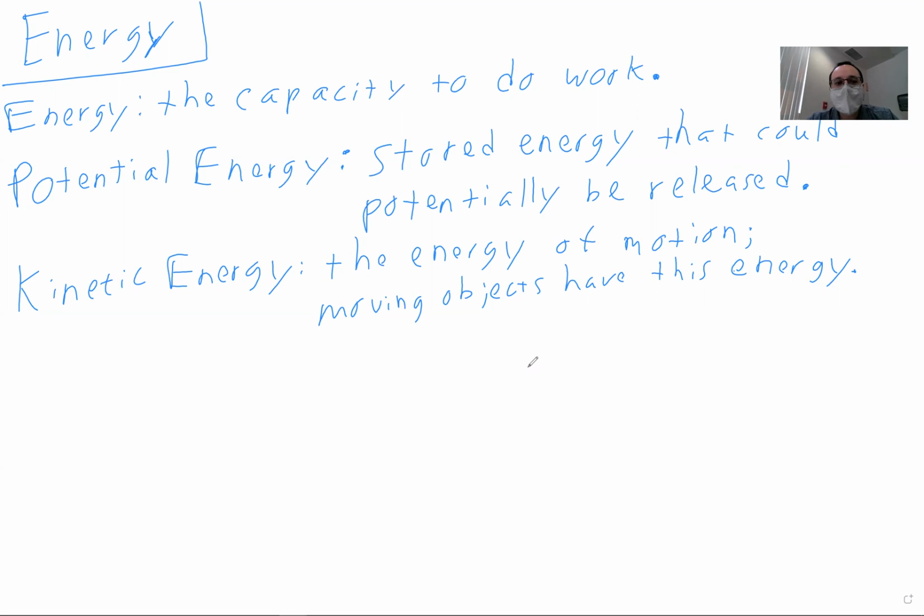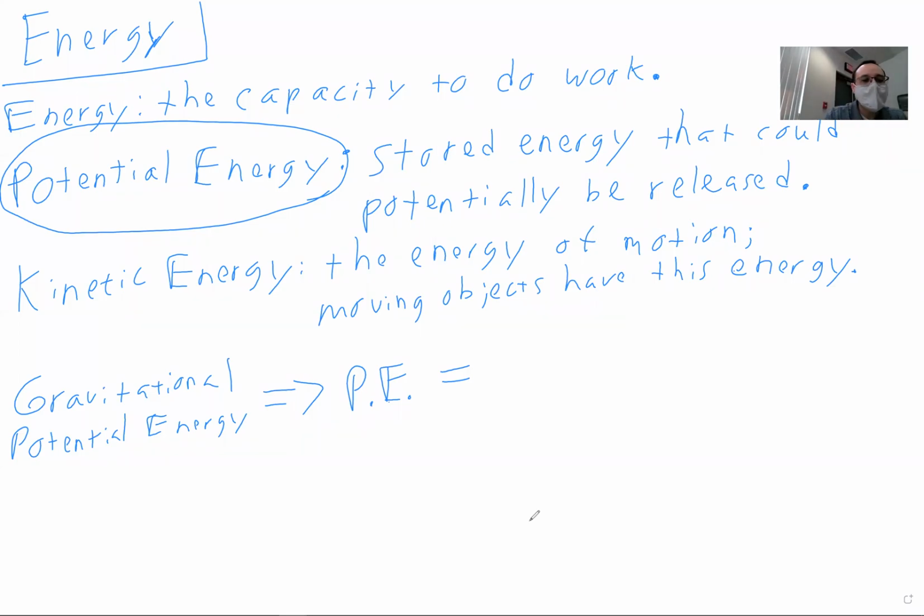And so we can go ahead and mathematically quantify these two types of energy, and we're going to be very specific with the type of potential energy that we're discussing. So we'll start with potential energy, and we'll get a little math going for this guy. When we talk about potential energy, what we're really talking about is gravitational potential energy. And gravitational potential energy is just abbreviated as PE. And the mathematical formula we use for determining any object's gravitational potential energy is this one. So PE equals mgh,